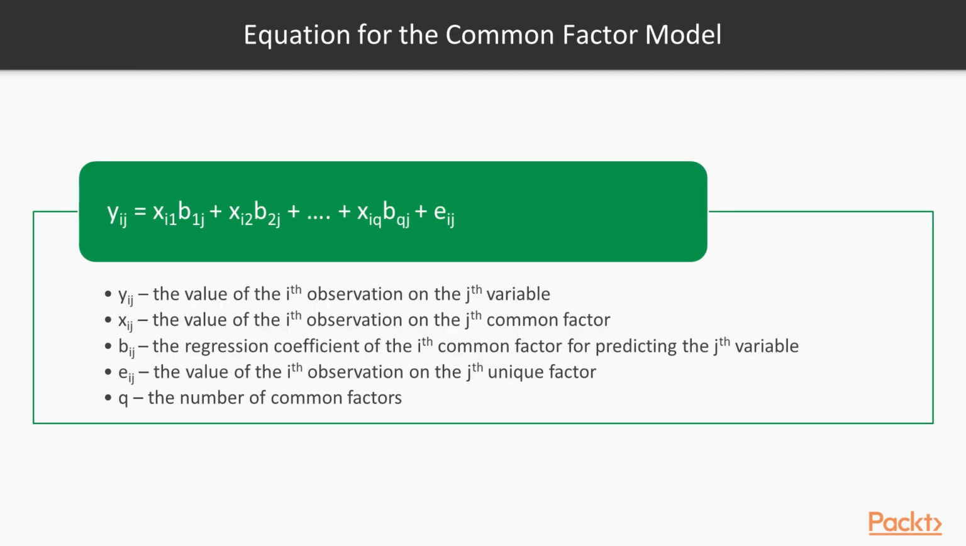The equation for the common factor model is Yij = Xi1 B1j + Xi2 B2j and so on, plus Eij, where Yij is the value of the ith observation on the jth variable. Xik is the value of the ith observation on the kth common factor and so on. Eij is the value of the ith observation on the jth unique factor, and q is the number of common